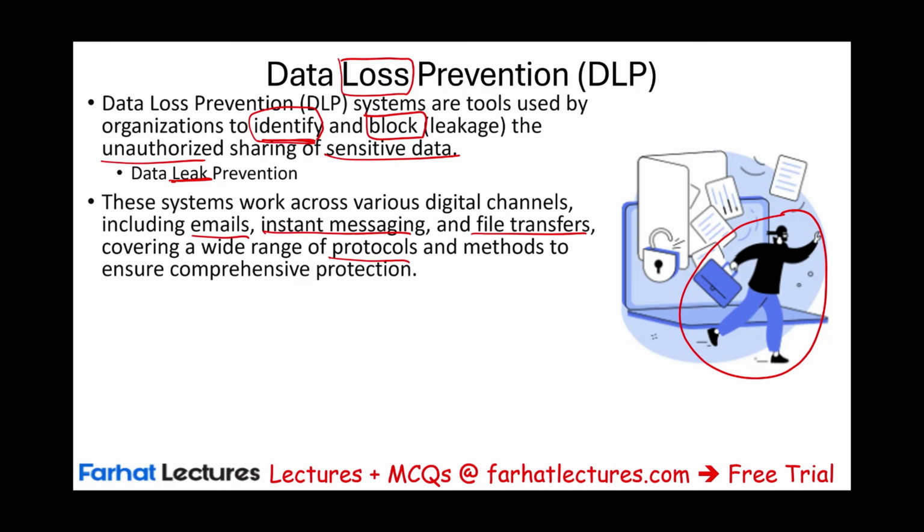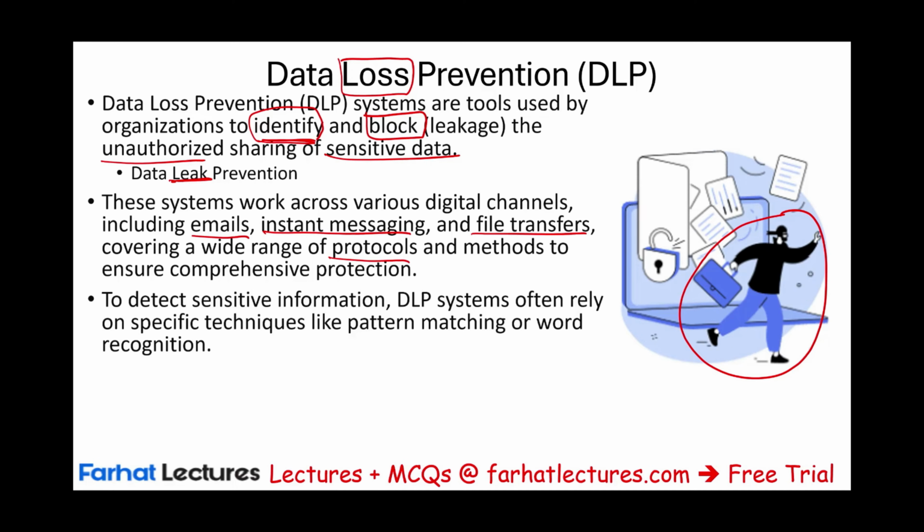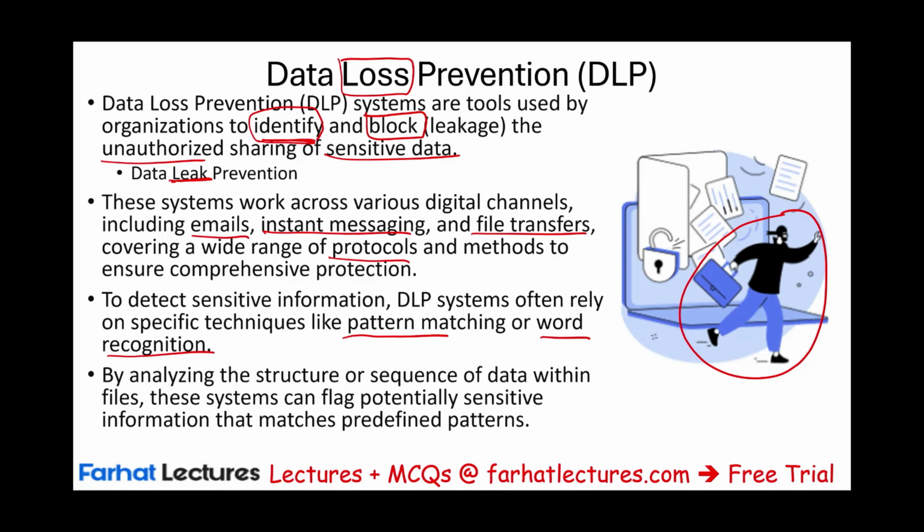So we're looking at all the methods, all the doors, all the ports, all the exits where this information could leak. And this lets us detect what? To detect sensitive information. DLP systems often rely on specific techniques like pattern matching or word recognition to analyze what's happening. By analyzing the structure or sequence of data within files, these systems can flag potentially sensitive information that matches a predefined pattern. So this is what we're looking for. We're looking for something that looks like a credit card, an account number, a social security number, some sensitive information